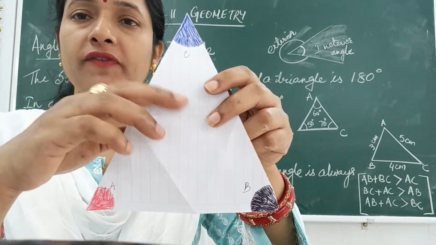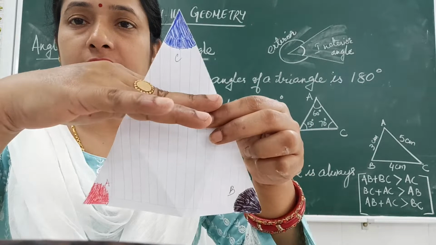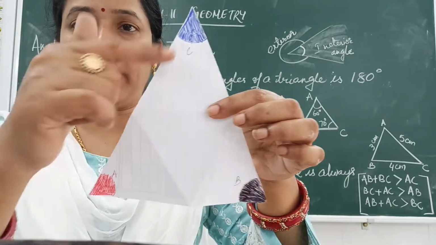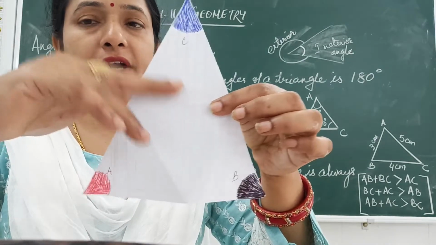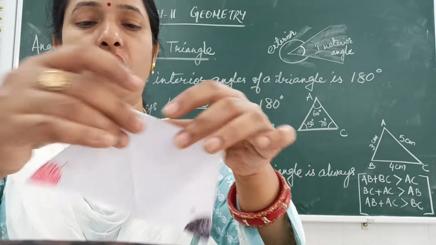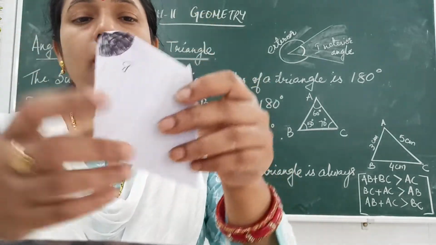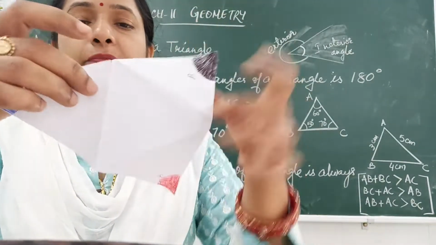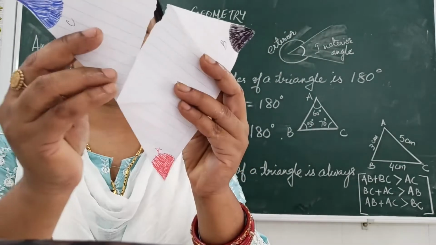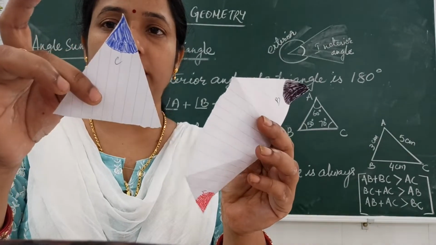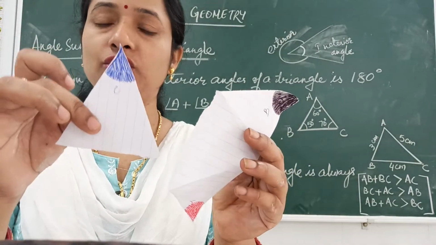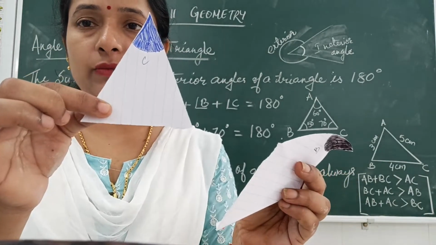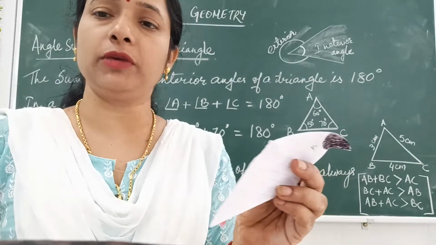Now what we will do, we will try to cut this triangle in such a way that the angle parts will be separated. See, I have folded this triangle in this way, and I am trying to separate these parts. See, I will separate these parts like this. If you have scissors, you cut. As I have no scissors right now, I am showing like this. So I am tearing and separating. So this is the angle C I have torn, and I am keeping it aside.